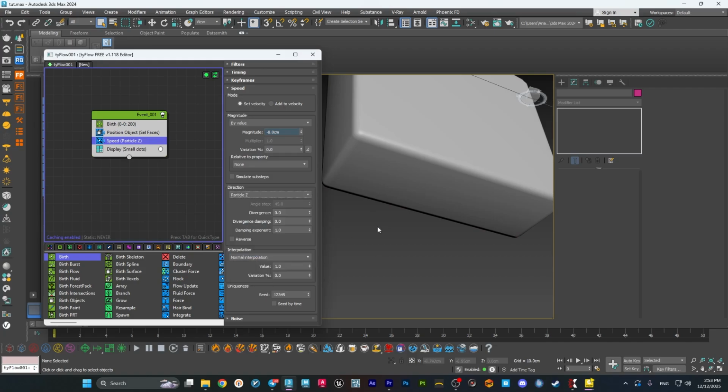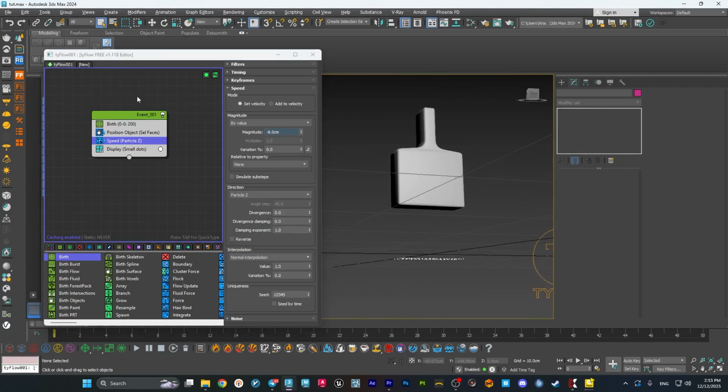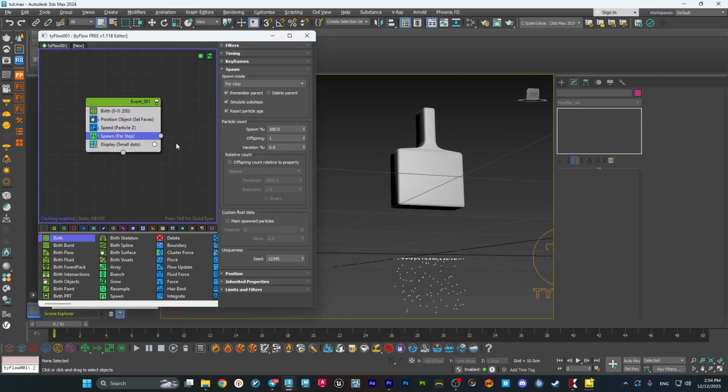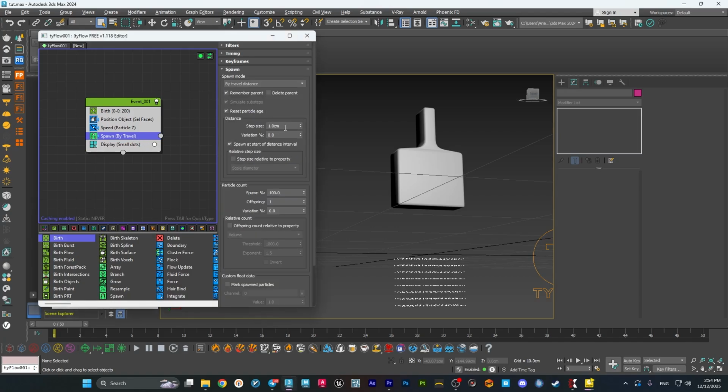And for the particle Z, as you can see, they're moving right here. I will add a spawn operator for travel distance and step size, maybe